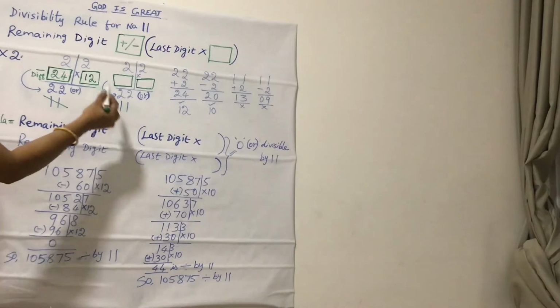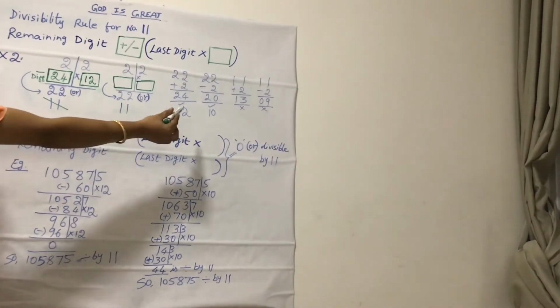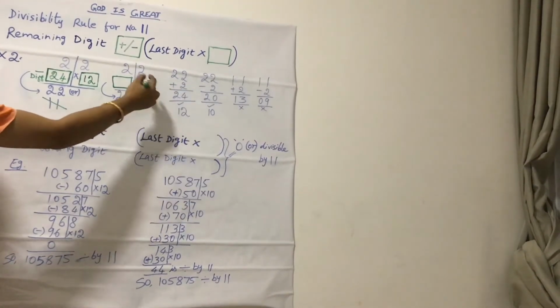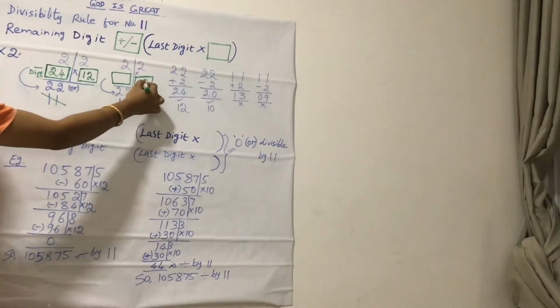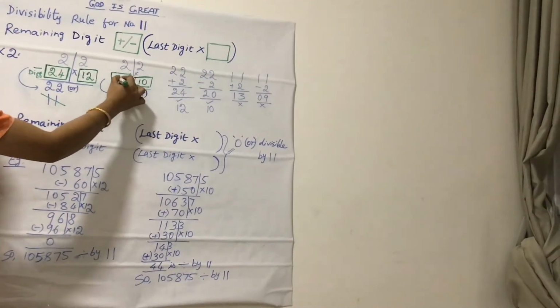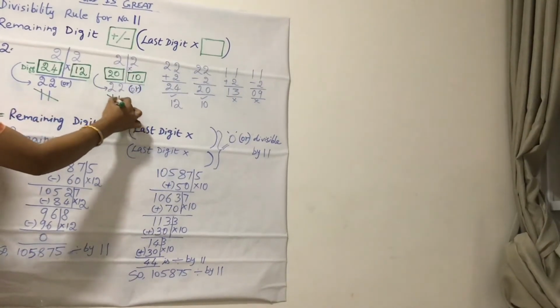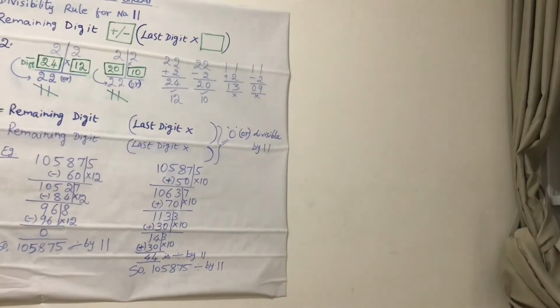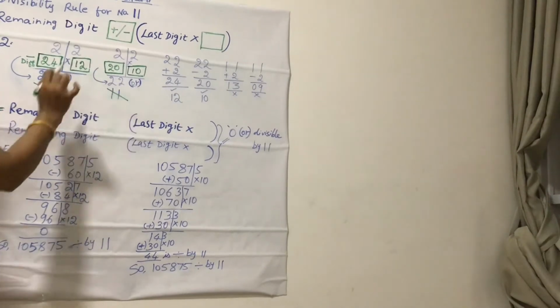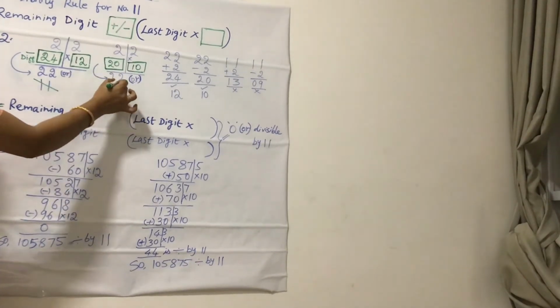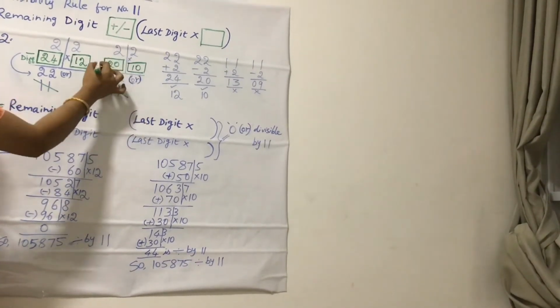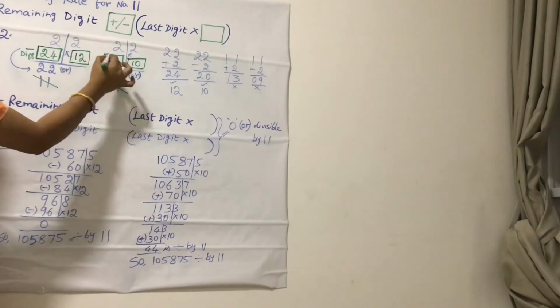Similarly, we have one more formula. 10 times 2 is 20. If I do addition or subtraction with these numbers, here also I am never going to get 11 as my answer. 22 only I will be getting. So how can I get 22? When I add 20 and 2, I can get 22.